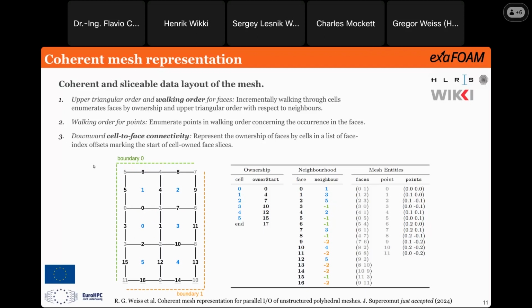So far, so good. Then the third rule is, as I said, a mere consequence of the first rule, because once you have it ordered in this way, your owner list, which was this face-to-cell connectivity, can be flipped, because your owner list will look like chunks of equal cell indices. You will read something like 0, 0, 0, 1, 1, 1, 2, 2, 2, etc. So you can flip it around by storing this owner start list. It's always the first face of a cell: a list indexed by cell ID, holding the first face ID that is owned by that cell. It's as simple as that.